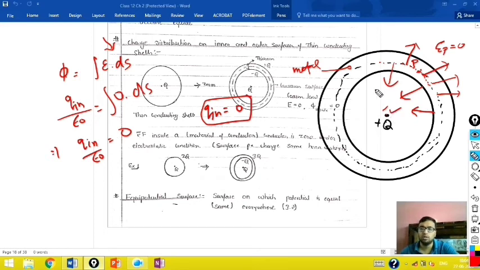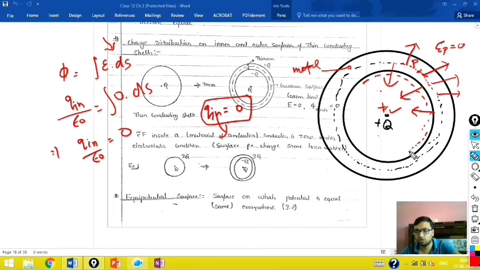That means there is some invisible charge. I don't know where it is placed, but there is some charge that has exactly the same magnitude as plus q but opposite nature. If plus q is present, then minus q is also present, which is not visible to us. Only then can I say that charge is a scalar quantity and my net charge is 0. Now the question is where I should place this charge. In empty space, in air, I cannot put this charge. So I will place this negative charge at this surface.